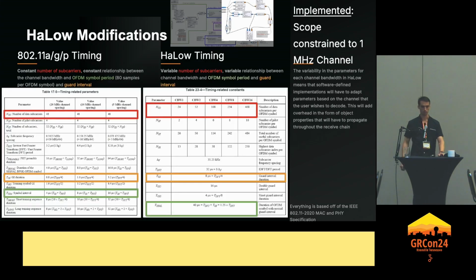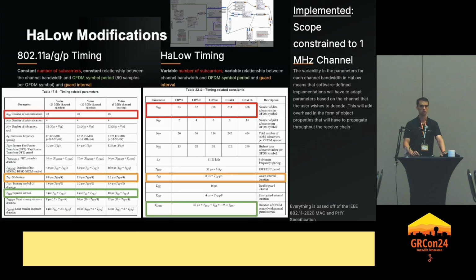The next major change I had to make for ah was in the timing. In legacy Wi-Fi, it was pretty convenient because a lot of the ratios were constant. The number of subcarriers stayed the same across the different bandwidths, but also the ratio of the channel bandwidth to the OFDM symbol time was constant. So you always had 80 samples per symbol no matter which channel you used in the old Wi-Fi. And that made it easy in the implementation of gr-ieee802-11. You can just either pound define samples per symbol as 80 or just hard code that 80 value in there.